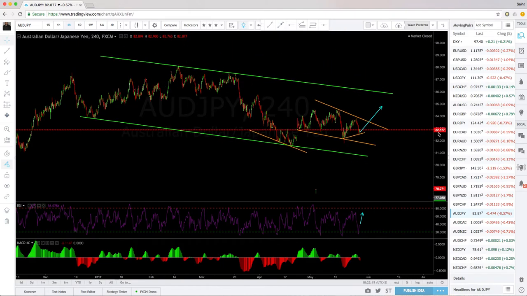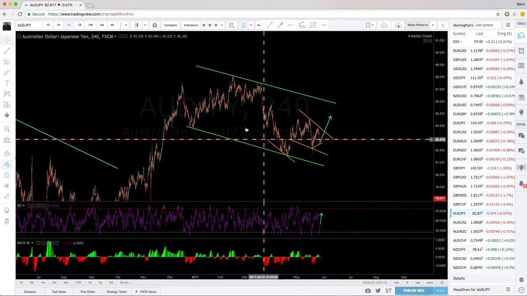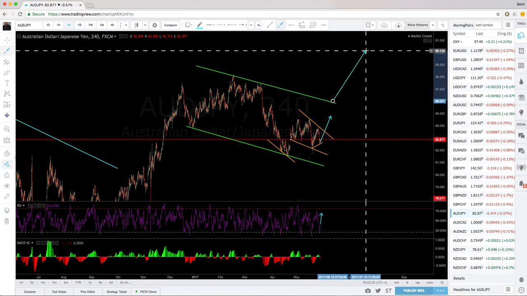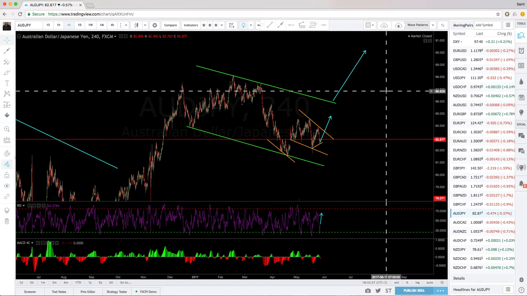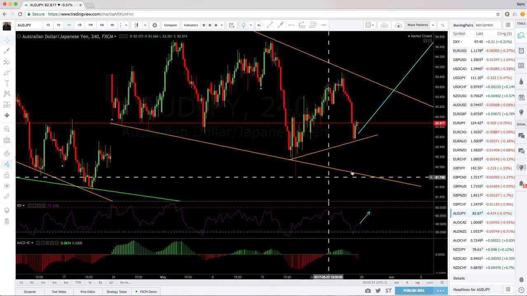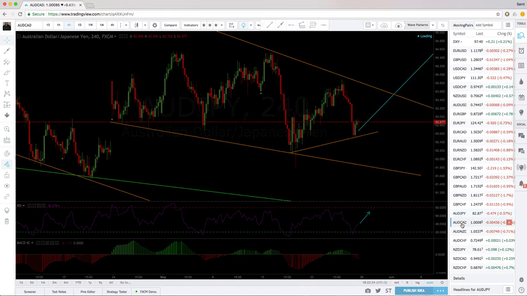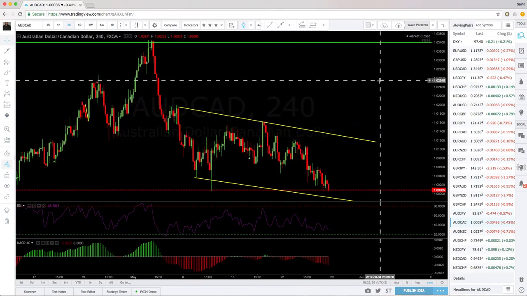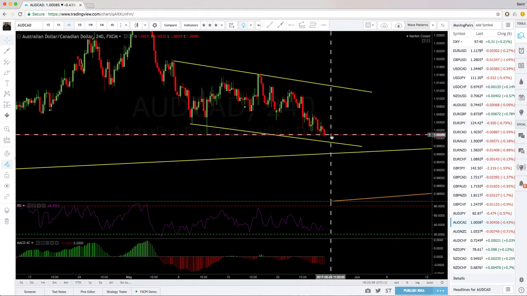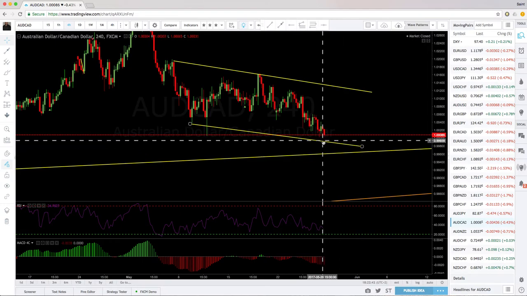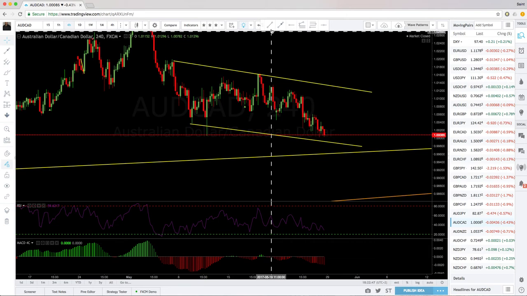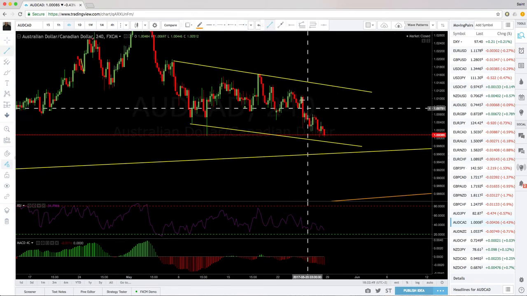The larger pattern, as you see, is also a large flag that we're looking for price to continue and break bullish on this pair. So bullish, bullish, bullish for the small and bullish for the large pattern. Aussie CAD has more room to the bottom, so it can come all the way to the bottom trend line, either this one or this one. We'll update as we see it, but we do have a continued move down